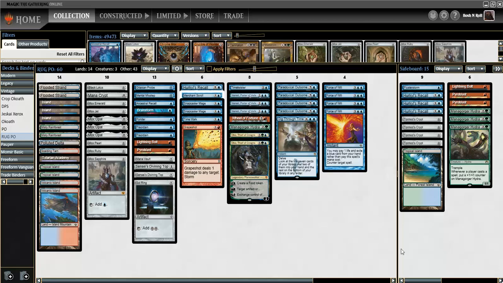This time I'm playing Justin Gennari's Rug Paradoxical Outcome list. Justin is a vintage streamer. It's I Am Actually Level 1. That's his Twitch title. So I won Vintage Champs last year with Esper Paradoxical Outcome, but that deck is largely